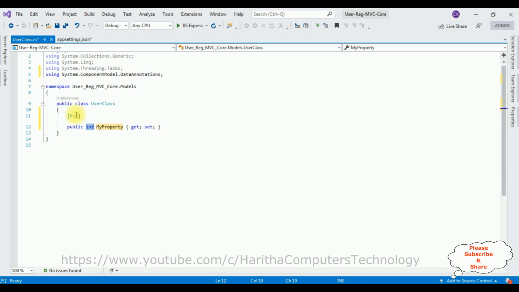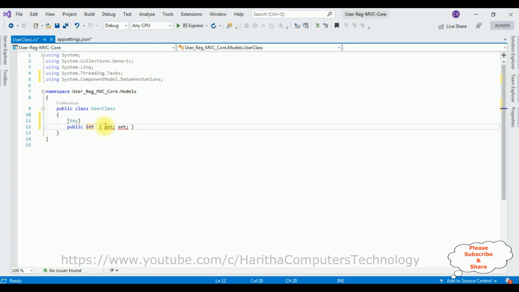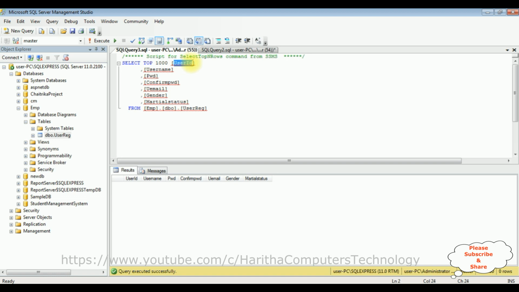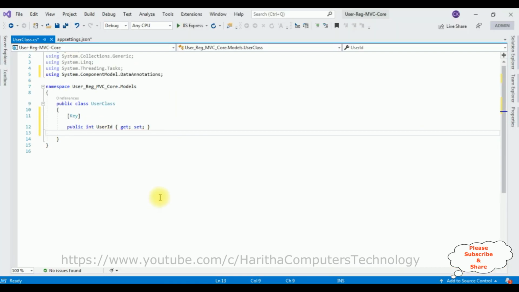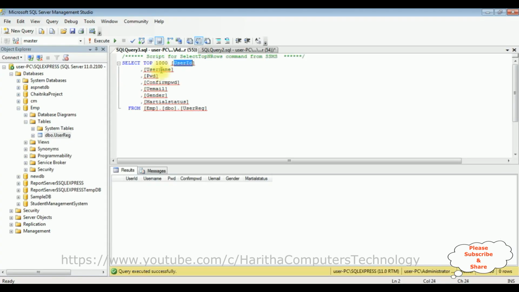The first property type is integer, and the property name is, we need to add our project database table column names, UserID. Copy that one and paste here. And the second property, prop string, the property name is Username. Copy that one